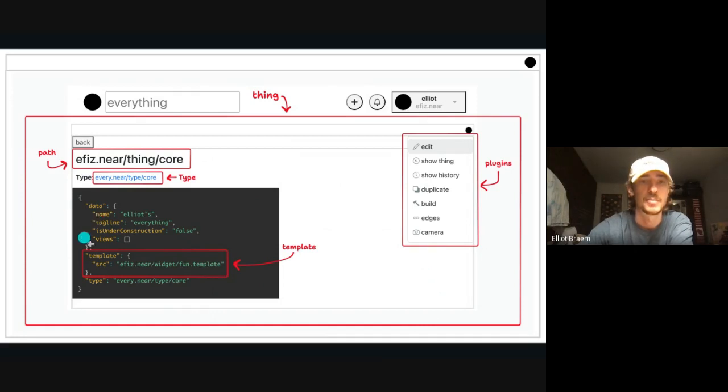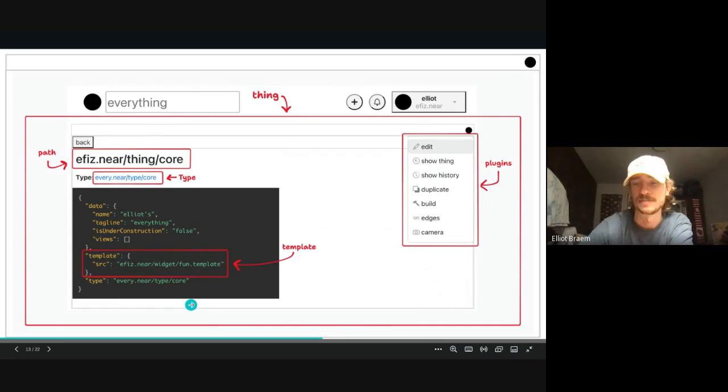Because this data can be predictable and can follow a schema, we can build templates that understand the schema, and you can just swap out the template. The way that you want your data to be viewed can be easily edited. And then there's also this concept of plugins. Plugins are unique to each type. A type can have its own specific plugins, and plugins can be used to manipulate the thing itself and also provide new features and more abstractions to it all. Plugins are a little bit more of a topic to explore. We'll talk about it more.